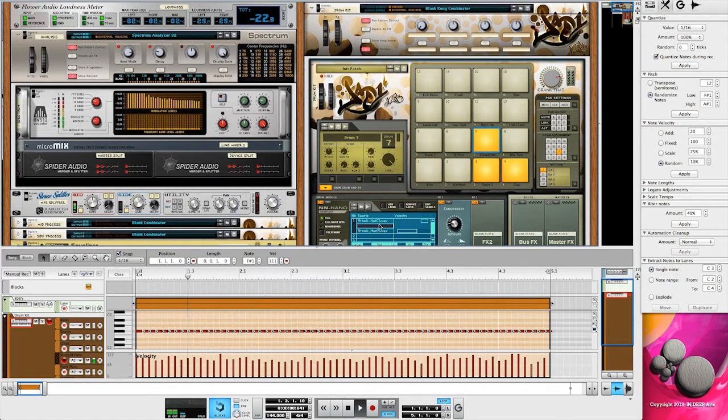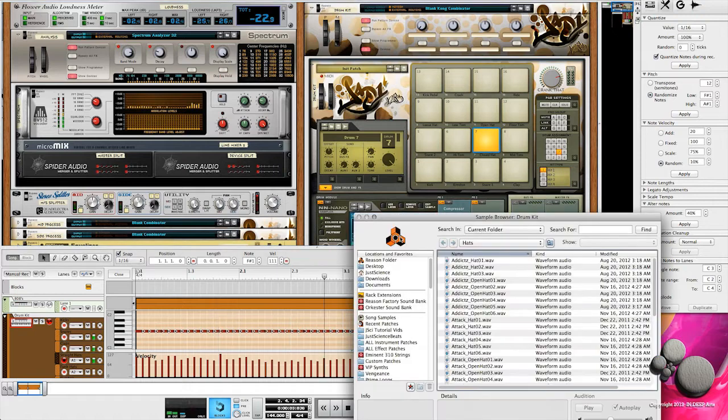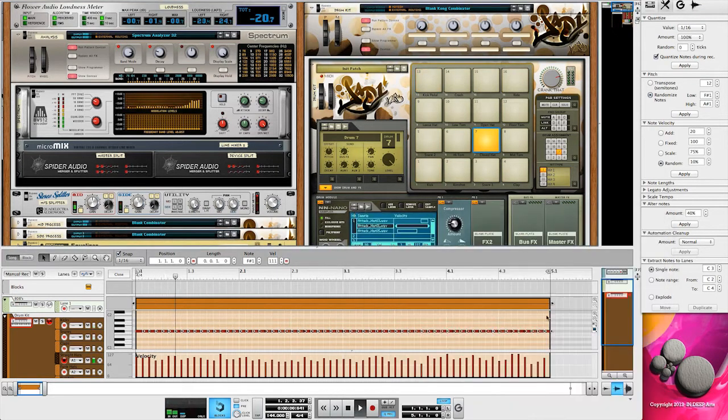So let's go in here and add a third sample. And I'm going to fill in that gap we created between the other two. If I can get these ends right. There we go. Okay, now with one lane of hi-hat notes that we drew in about 4 seconds, we have a very intricate